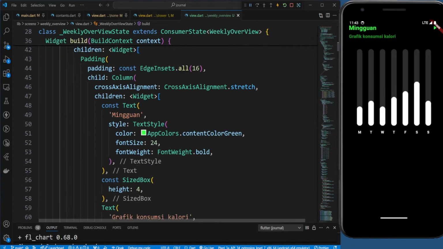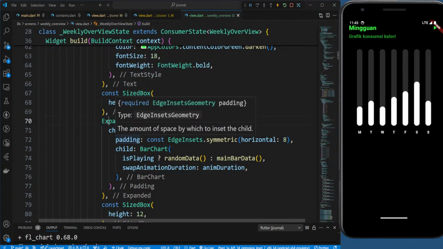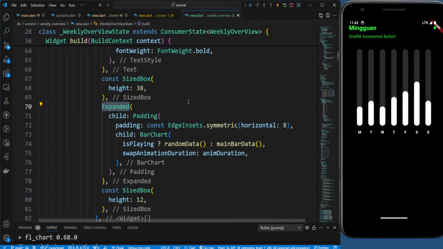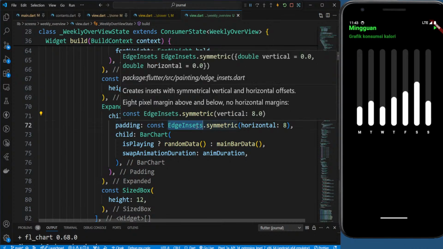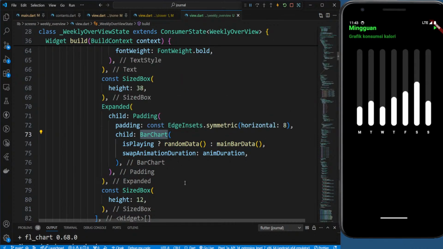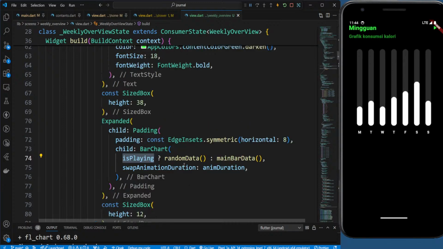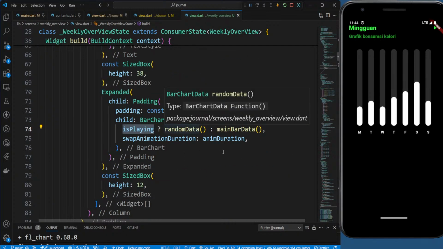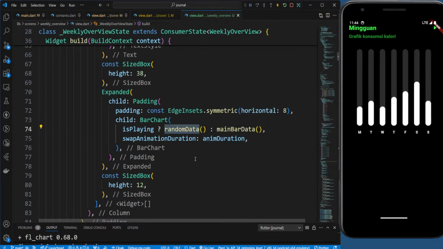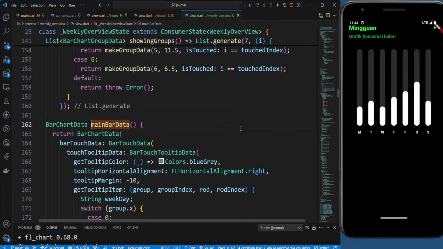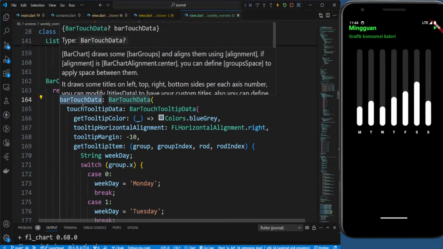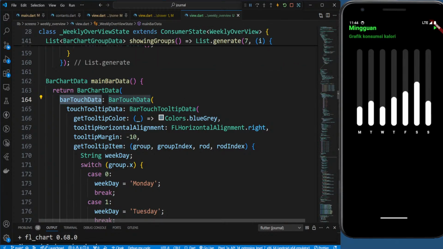Okay, let's see what is being implemented. You have an Expanded, and so this will take up all the space that I've got. It has a padding, as in set bar chart. Then is playing. It is playing by default, it's false, and then we have random data. It's default false. And we have bar chart data, bar touch data is this one, touch tooltip, get tooltip color,